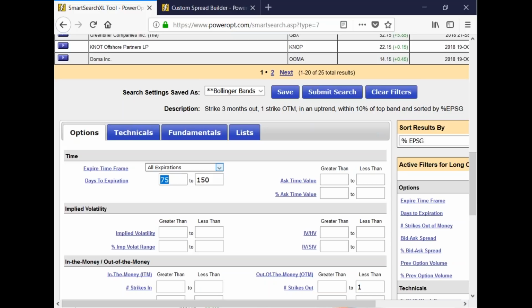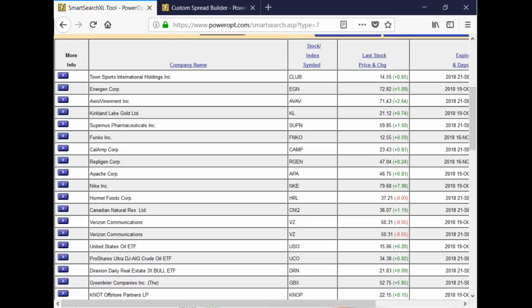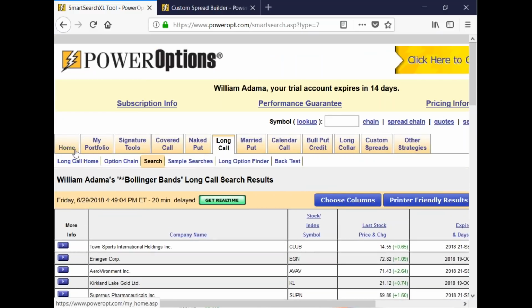So, in rapid fire: buying options, speculating on movements of positions. If you're just starting out, make sure you go further out in time. Don't try to play the weekly game if you're just starting out. Once you get more familiar with how the calls react with the market, then you might try it shorter term.